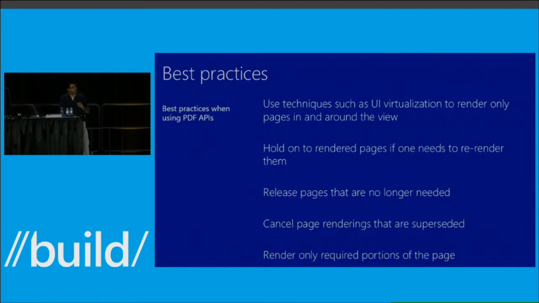The final point I have not actually demoed in our sample app, but it's pretty obvious. If you are interested in rendering only portions of a page, do not issue a rendering request on the entire page. The reason is very simple. The APIs need to encode the image when they stream it out using the render to stream async API. At that point, the cost of encoding is directly proportional to the size of the image. So if you're interested in a portion of the page, use the source rect property on the PDF page render options to limit the rendering request to that particular size.